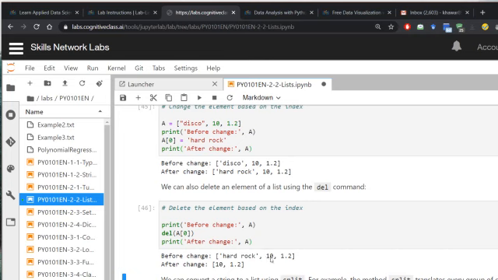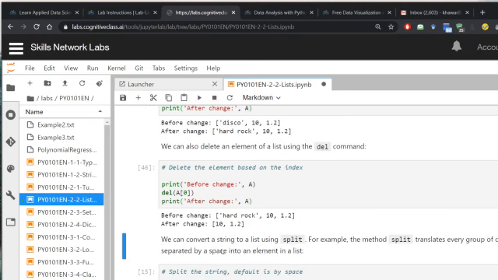Before the change, hard rock 10 1.2, this was the list A, and then I say delete the first element, del A[0], and print after change: A is 10 1.2. We can also convert a string to a list using split. So now we have seen how